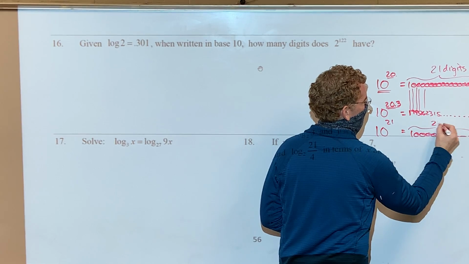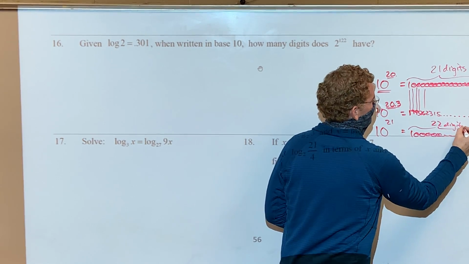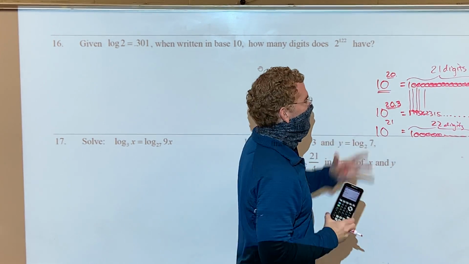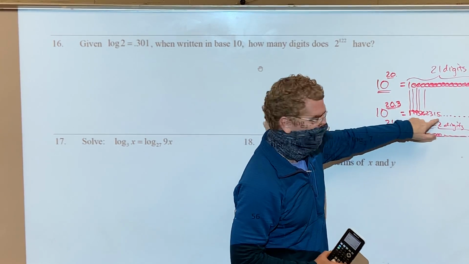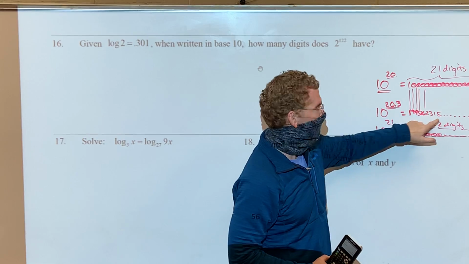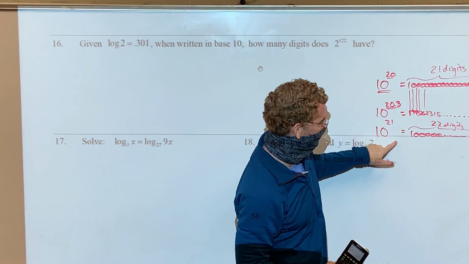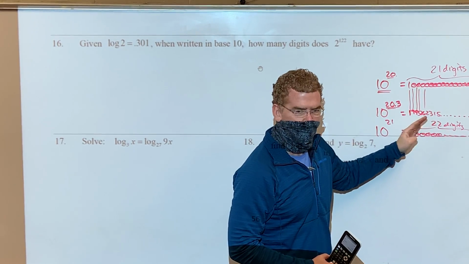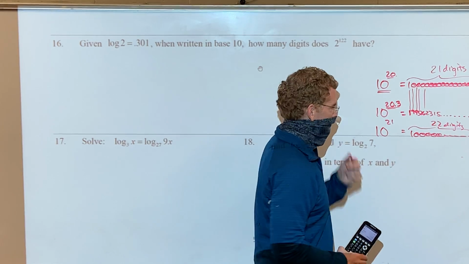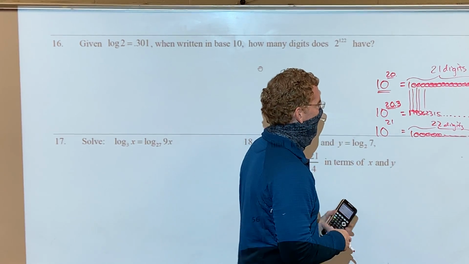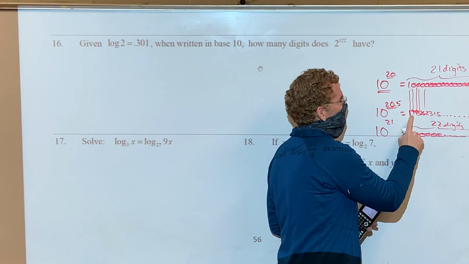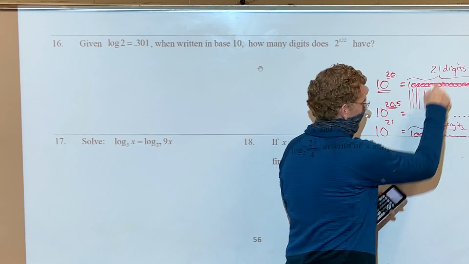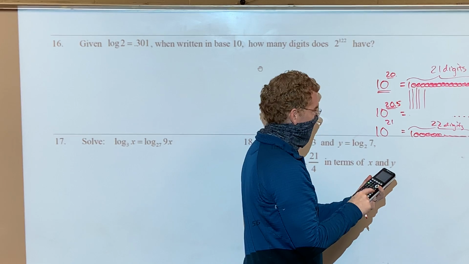Right, until it becomes 22 digits. So anything in between here is still a 21 digit number, it's just a slightly bigger 21 digit number. But not quite yet where you have that extra digit. You following me? If it was like 10 to the 20.5, would it still be 21 digits? Yes, look, if it's 10 to the 20.5, instead of being 199, 21 digit number, 10 to the